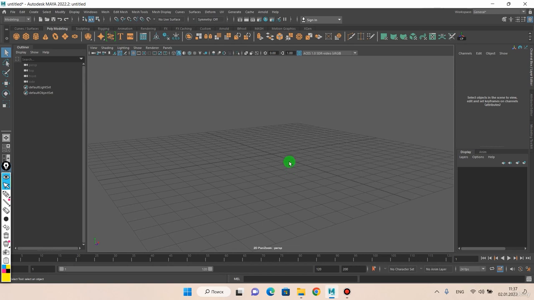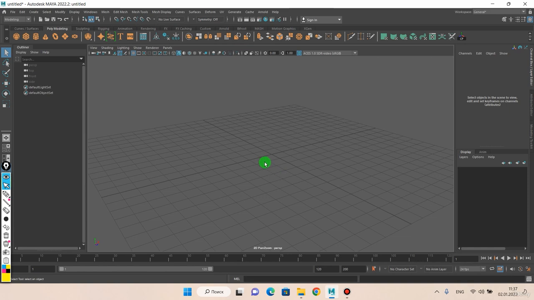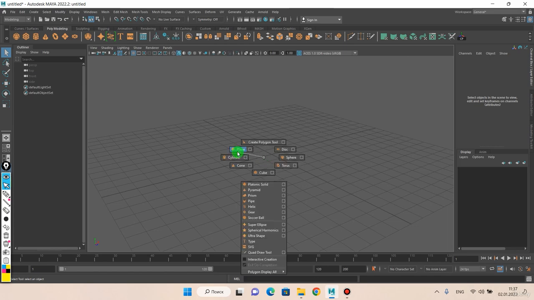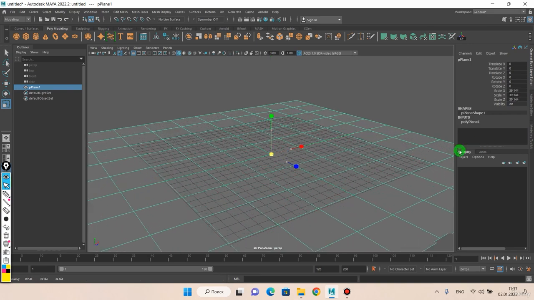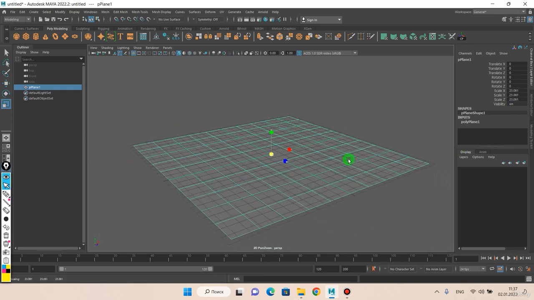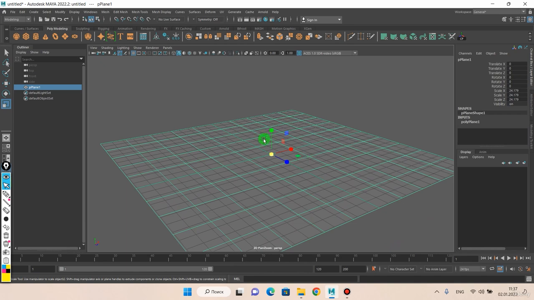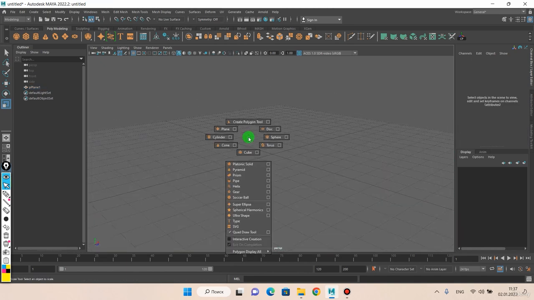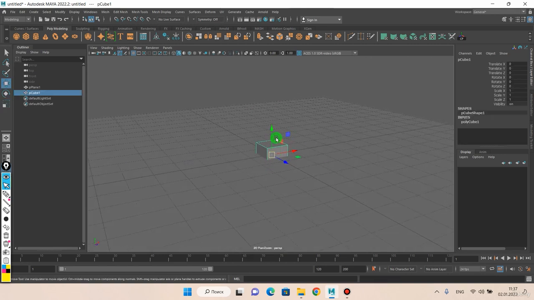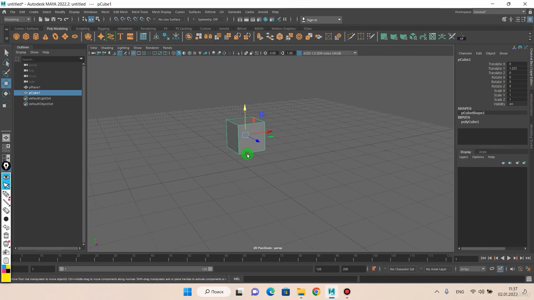Hello everyone, and in this video we're going to practice a little bit. We are going to repeat everything we already learned, and let's build kind of a room. I will create a plane and scale it. And I will also create a cube, and I will try to make some kind of an armchair